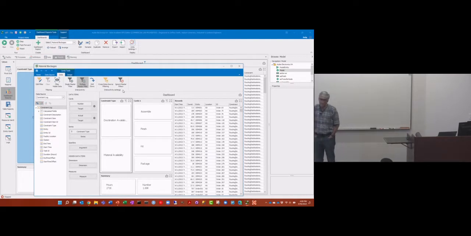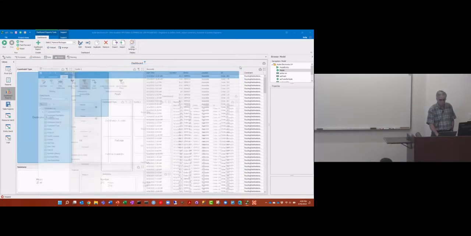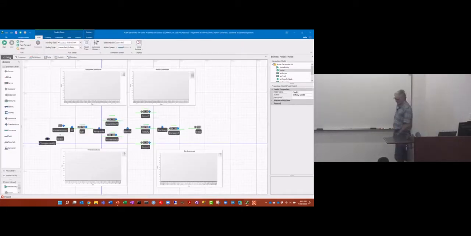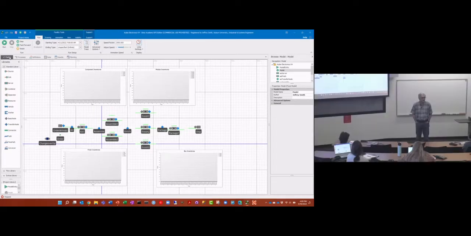My main problem was that while I was trying to make the metric inside the dashboard, I could only see the material constraint logs. I couldn't see any other table. So if I want to do a metric that combines a lot of elements from different places, I would have to do it outside of the model and use that for my card. But then I couldn't do filtering on it. I totally understand. I don't know the solution, but I totally understand.